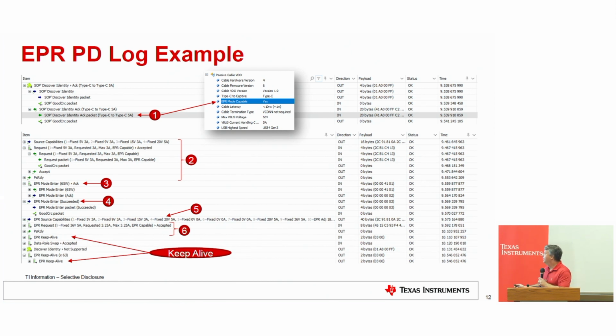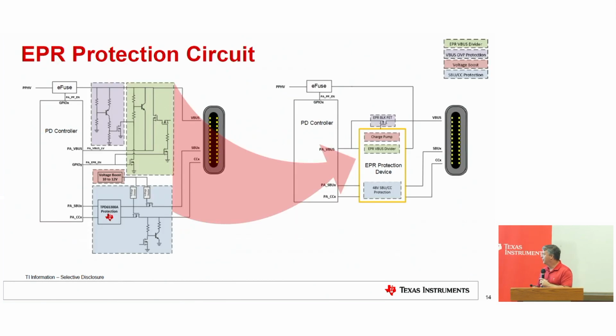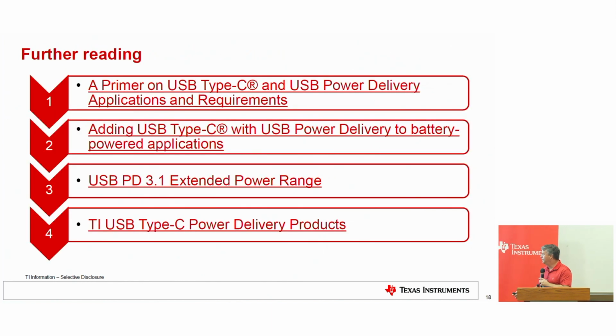Okay. So at the end, I just provided a few links where you can find more information on our website. Just go into our website, go into the USB PD spot on our website. There's a myriad of different videos. We're updating videos. We're showing one here that we shot in a lab, but we're going to get the TI Studios to shoot a couple other videos that we'll post online as well.